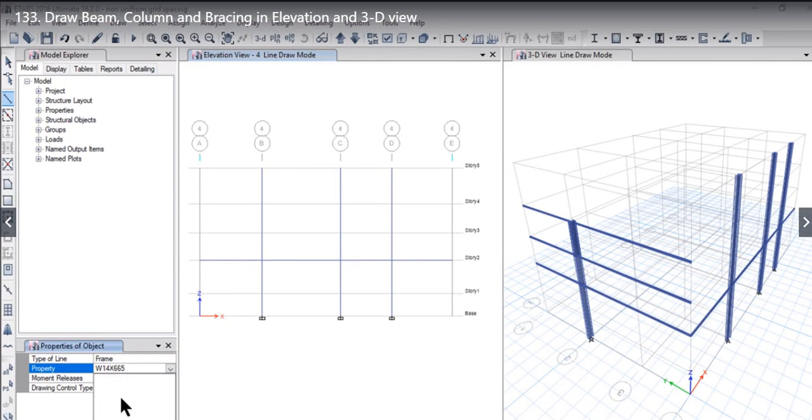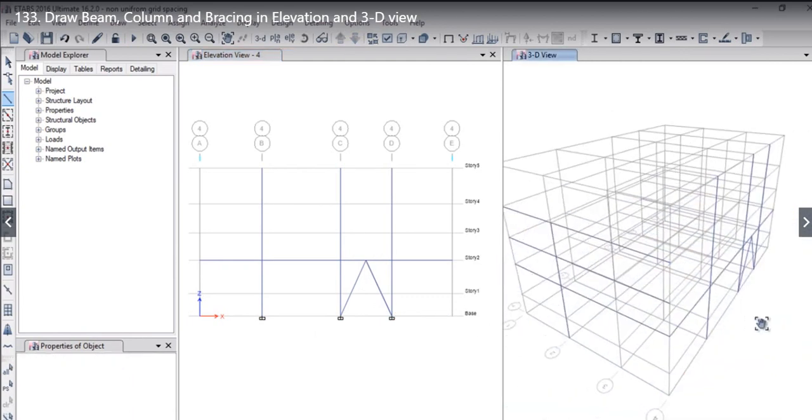For example, W8 into 67. Moment releases for bracing has to be pinned only. And then again we left click here and then again left click here, again left click here. So we have drawn an inverted V bracing here that can be seen in the 3D view.